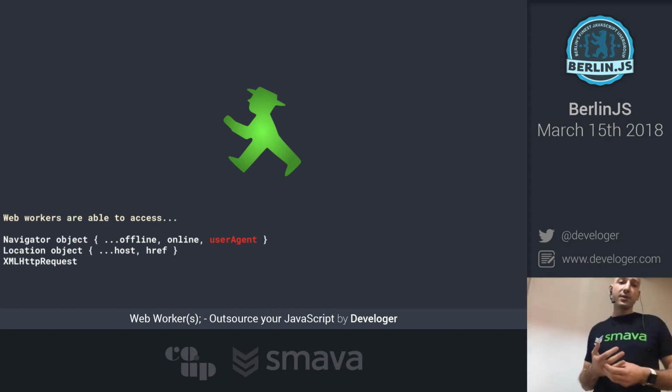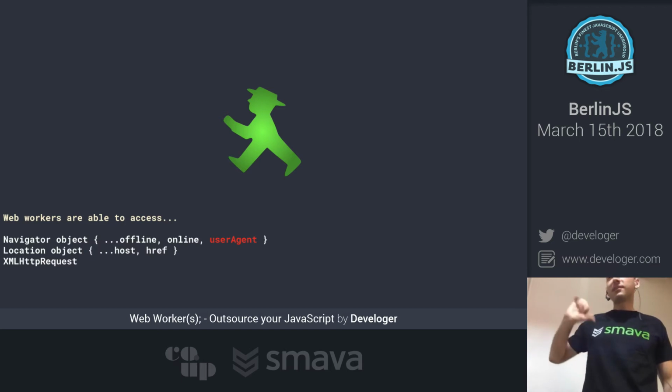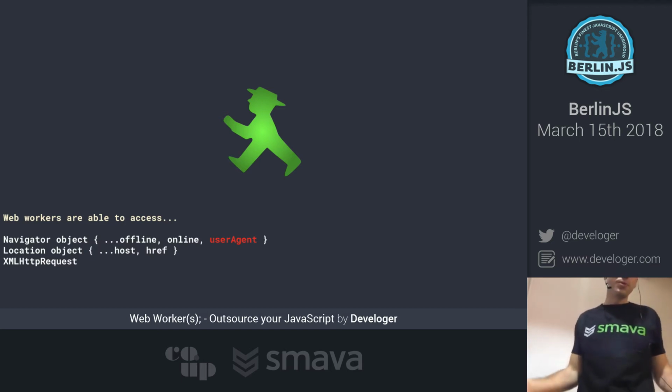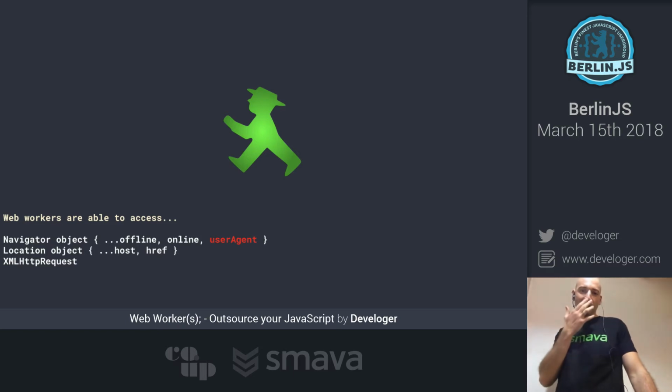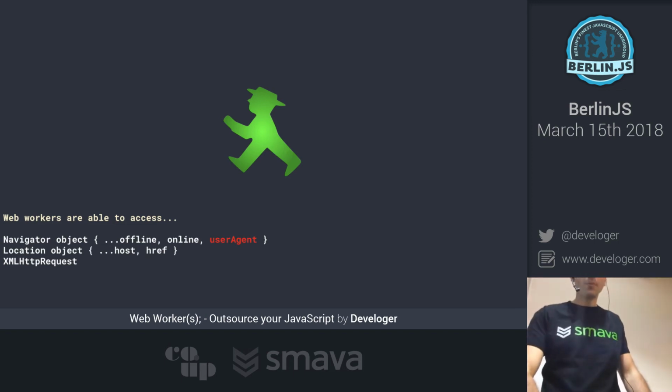So in the web worker, you can access the navigator object, of course, which can be useful. I intentionally colored the user agent in red, because even if you go to the MDN website, you will see a thumbs down for the user agent, which is super, because I really hope that now in 2018, people stopped detecting their devices by the user agent and continued to detect the features of the environment and use whatever is available.